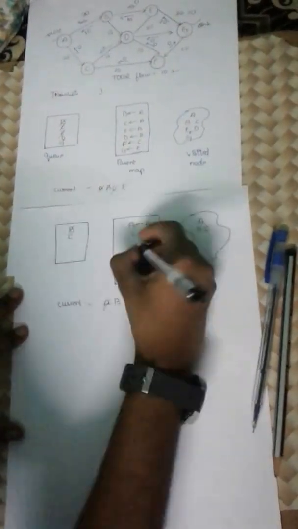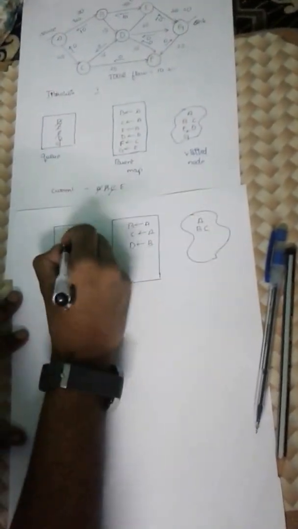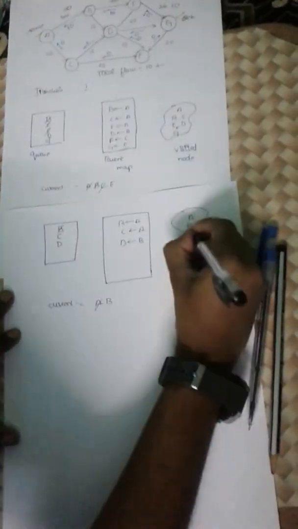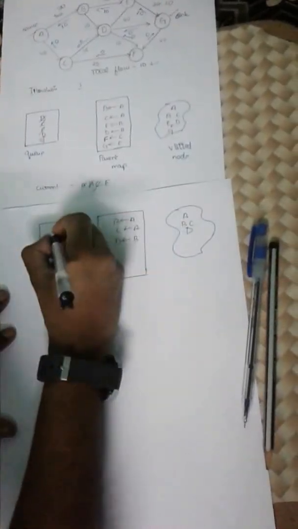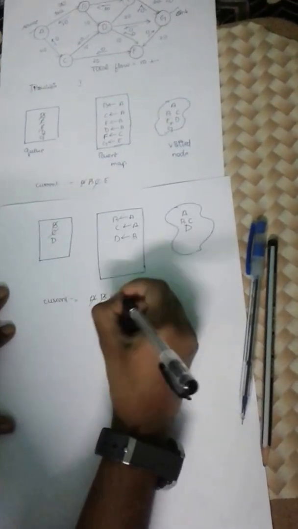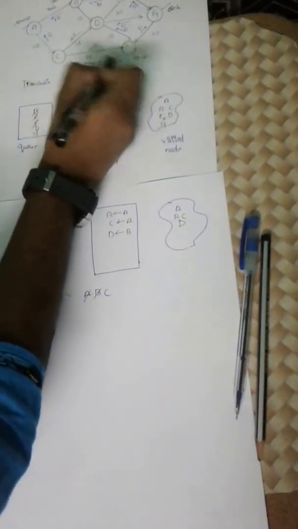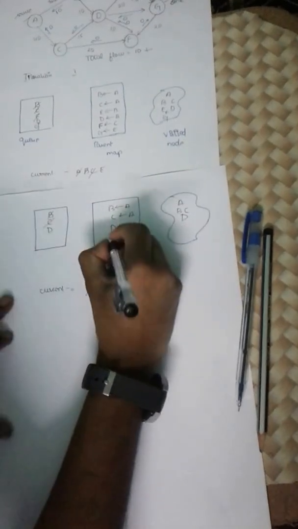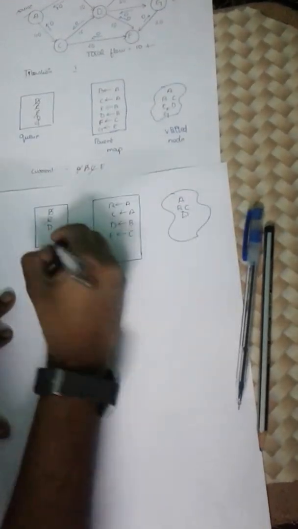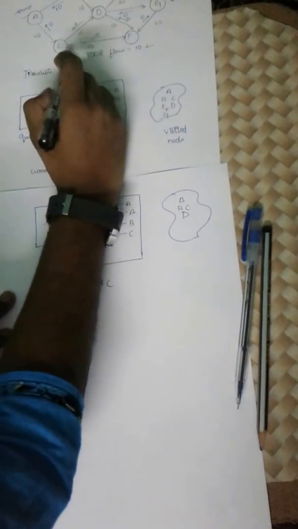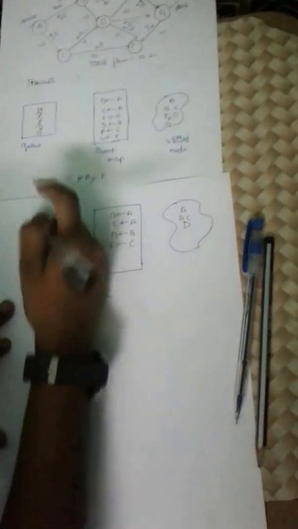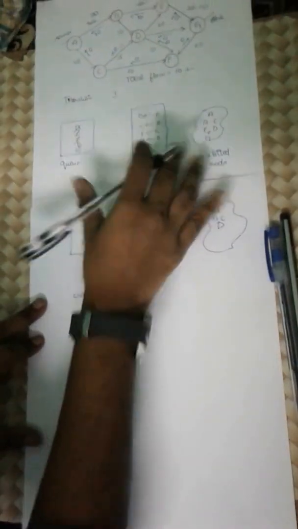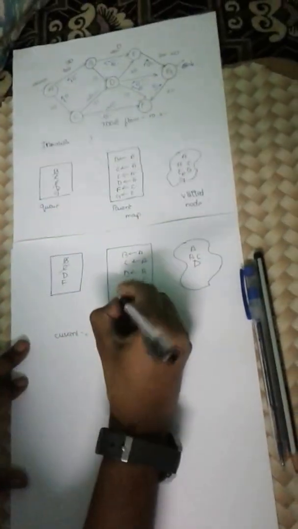So I'm taking this D, and the visited node will be D. And again, if I complete B, I'm going to C. From C we can move to D and F. Already I have written D, so I'm going to F. And then from F, now I have to go to D. So what happens to D is, from D I can directly go to G.